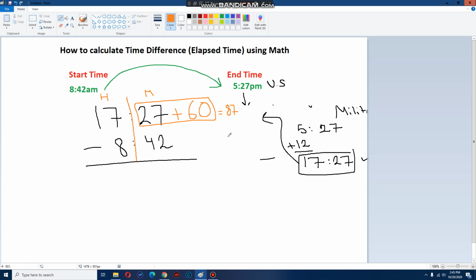And now you can see that 87 is bigger than 42, and I can easily subtract it. So when you do 87 minus 42, you're going to get 45. And that's going to be your minutes. And your minute side is all set, all ready for you now. But now let's go to the hours side. We know we can do 17 minus 8, which is 9. But we don't stop there. We cannot stop over here, because if you look